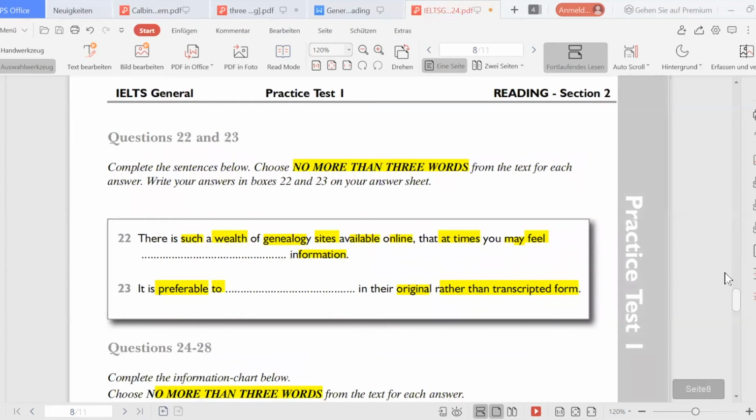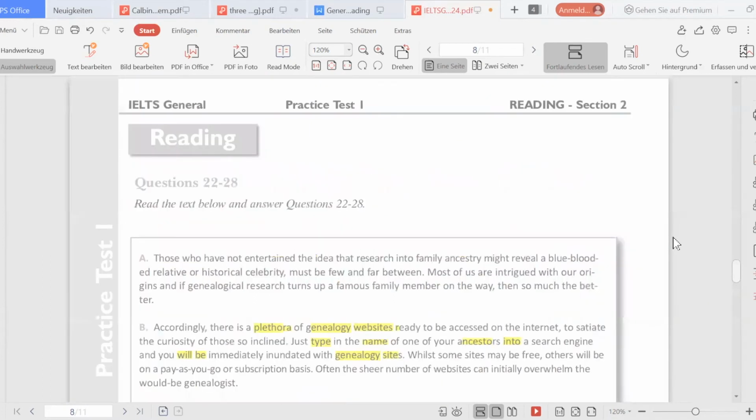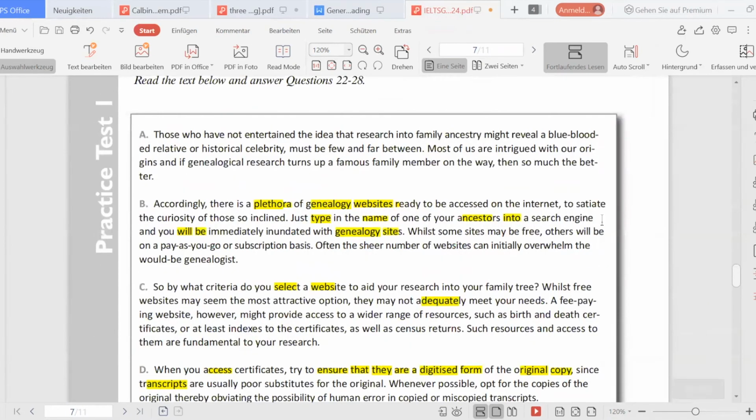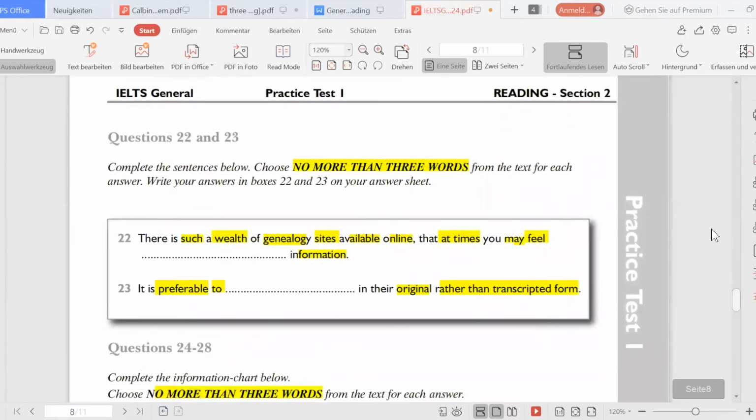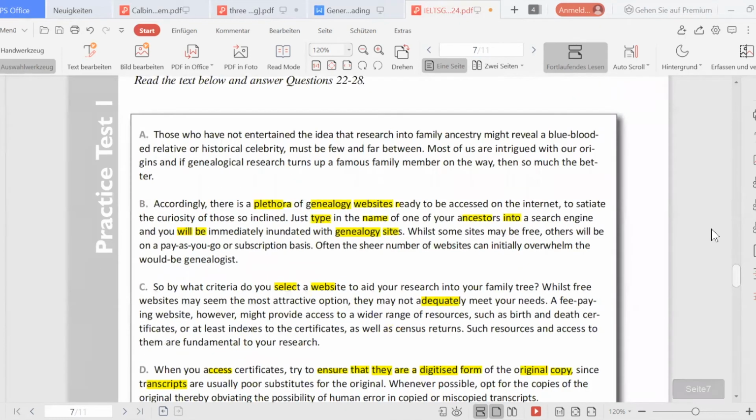plethora, wealth, okay, wealth. This might be a little bit difficult if you don't know what the word plethora means. It means a wealth, a lot, okay, it means a lot of these genealogy sites. And then you may feel, so this is where it becomes important. We're looking for the word feel,